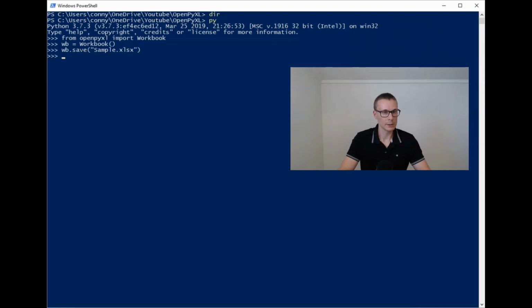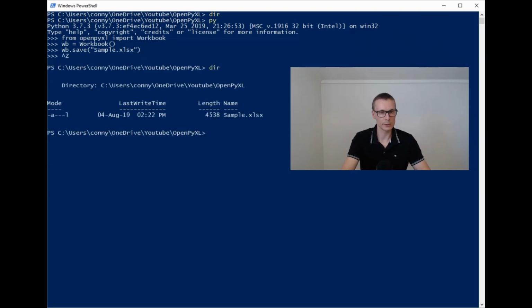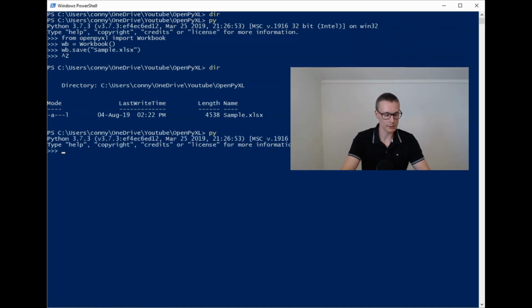And let's now say that we want to exit. We exit the interpreter and check the directory, so we have one sample.xlsx workbook here. Let's say that we now want to open this workbook. So what we would need to do then is go to